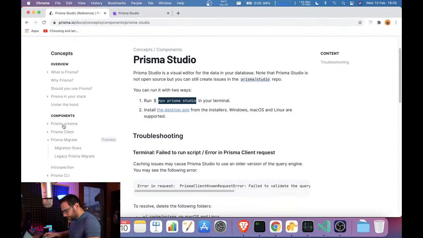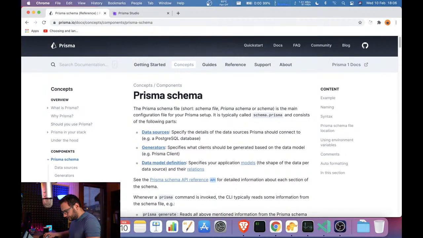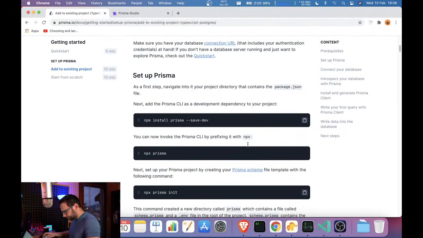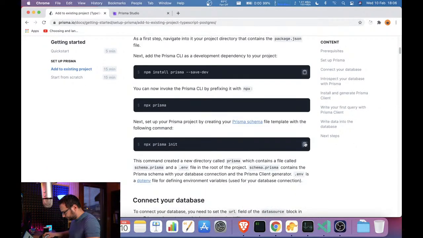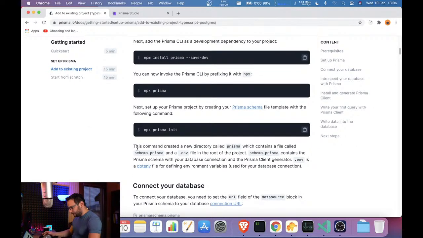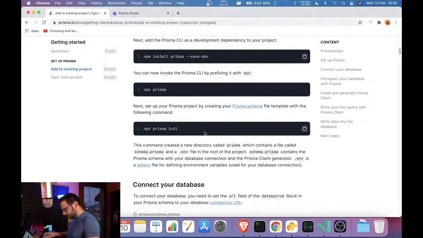We want to go in Prisma client and add Prisma to an existing project. So we should do this actually. npx prisma init.